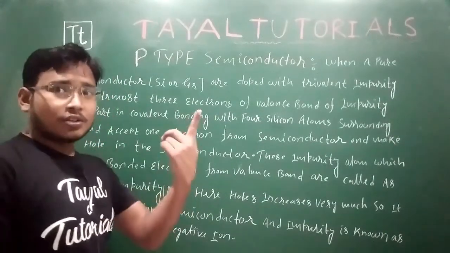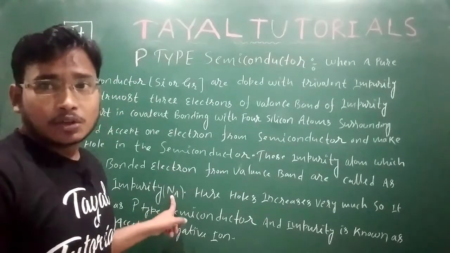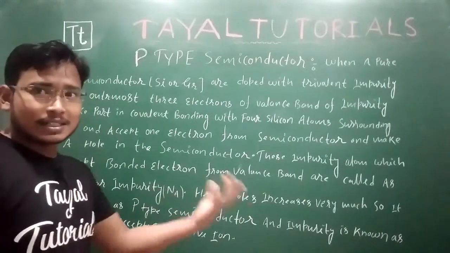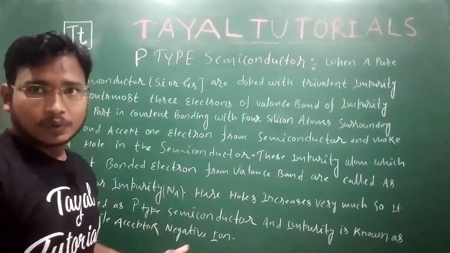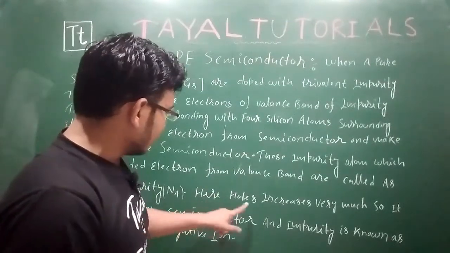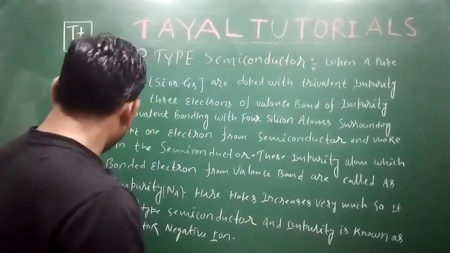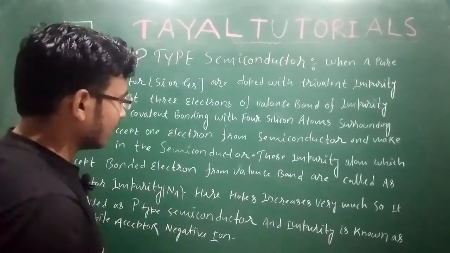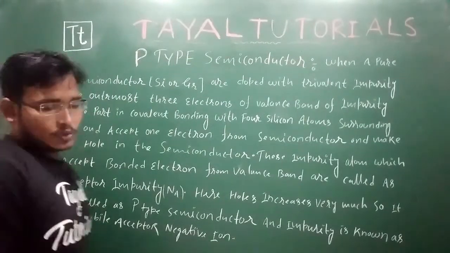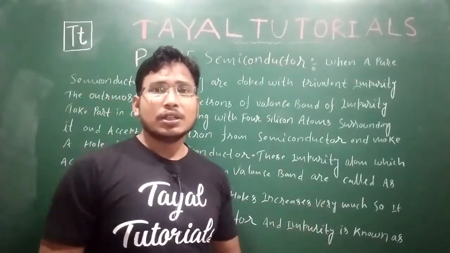Okay, in the case of N type of semiconductor, that impurity atom was denoted by Nd, that was donor. This is acceptor. So to convey that it is acceptor, we are writing N suffix A. Hence the holes increase very much here, so it is called p type semiconductor, and the impurity is known as what? Immobile acceptor, negative ion. So let's draw the crystal, how the trivalent impurity is getting added to the pure silicon.